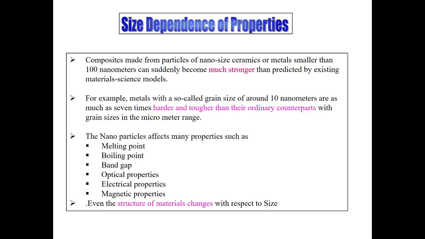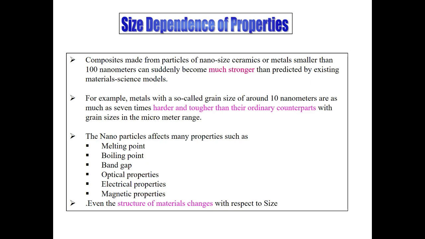So the properties associated with these nanomaterials are in two forms. Conversion of nanomaterial is taking place in two ways. First is the atomic scale conversion and second is the molecular scale conversion. When we talk about the atomic scale conversion, take for example a metal that is converted into a nanometal.